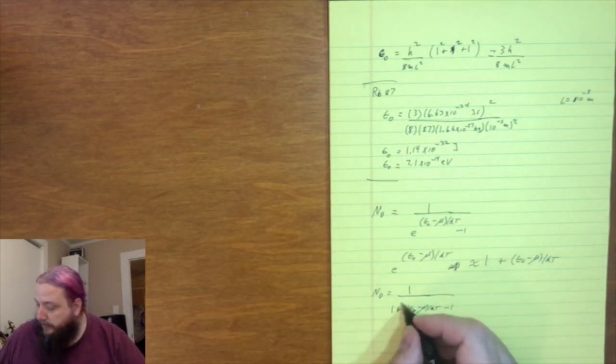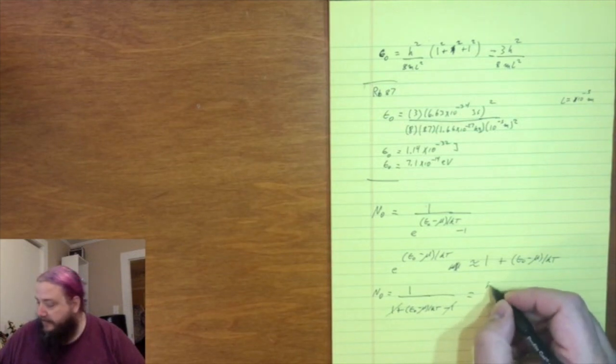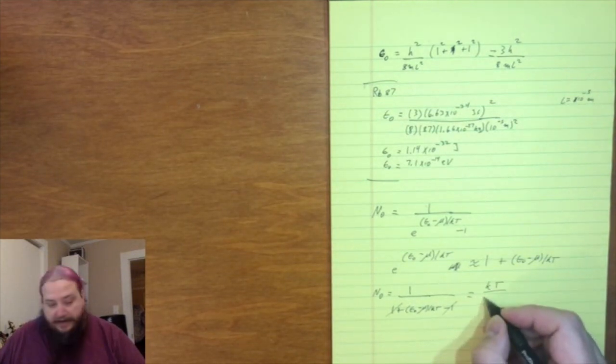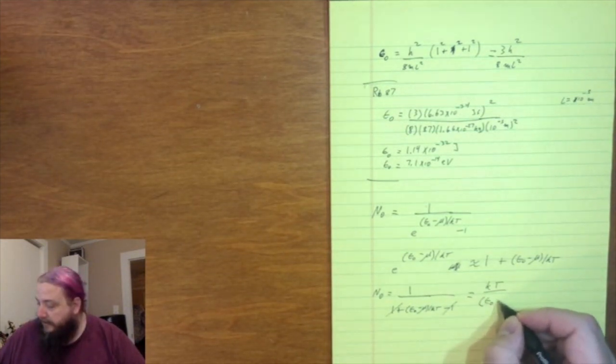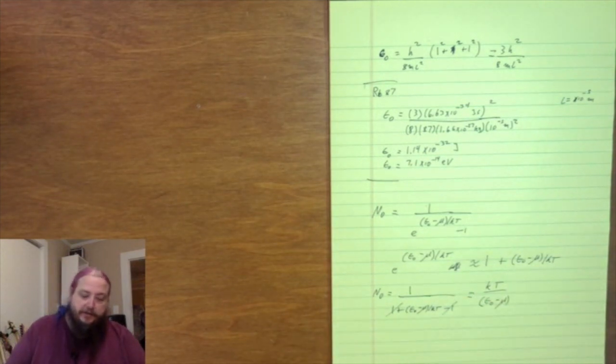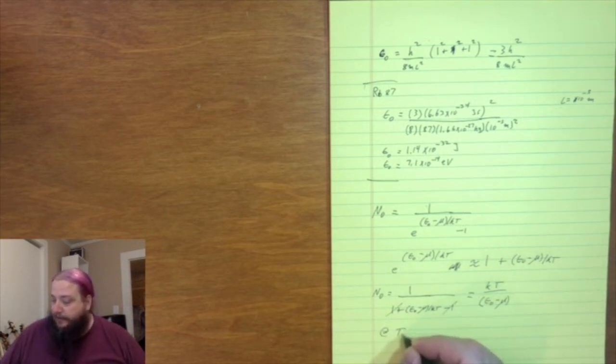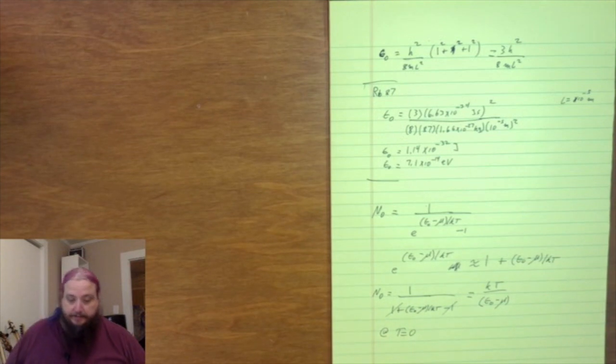Well, the 1 and the minus 1 cancel, and this just gives us kT on the top, and the difference between E naught, our ground state energy, and our chemical potential. So at T equals 0 exactly,